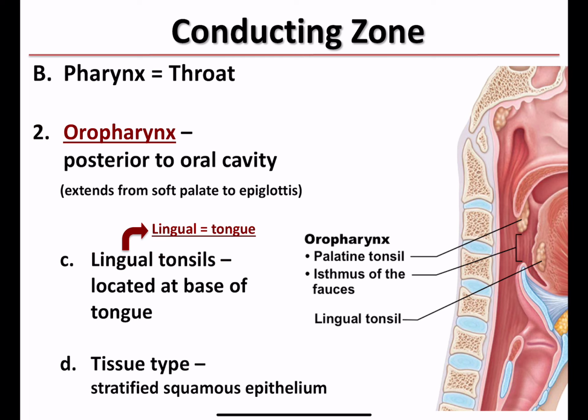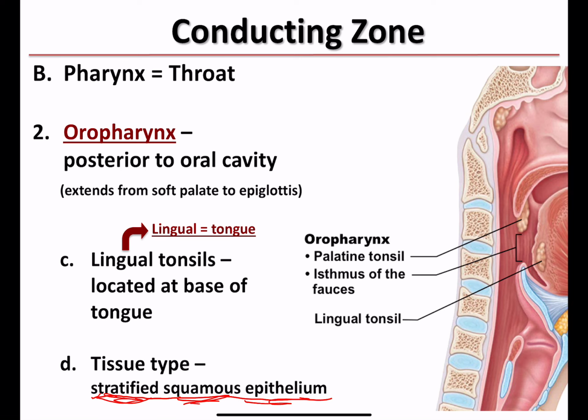That's why we refer to them as the lingual tonsils. They are the tonsils at the root of our tongue. By the way, the tissue type that you see throughout the oral pharynx is stratified squamous epithelium. So we're now transitioning from the pseudostratified ciliated columnar epithelium that we found in the nasopharynx to this more rugged stratified squamous epithelium. And that's because this part of the pharynx is designed to not only take in air, but